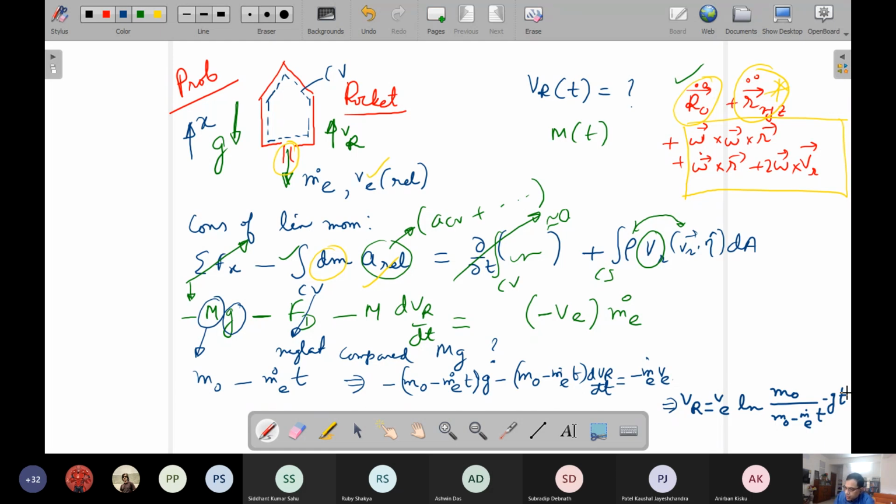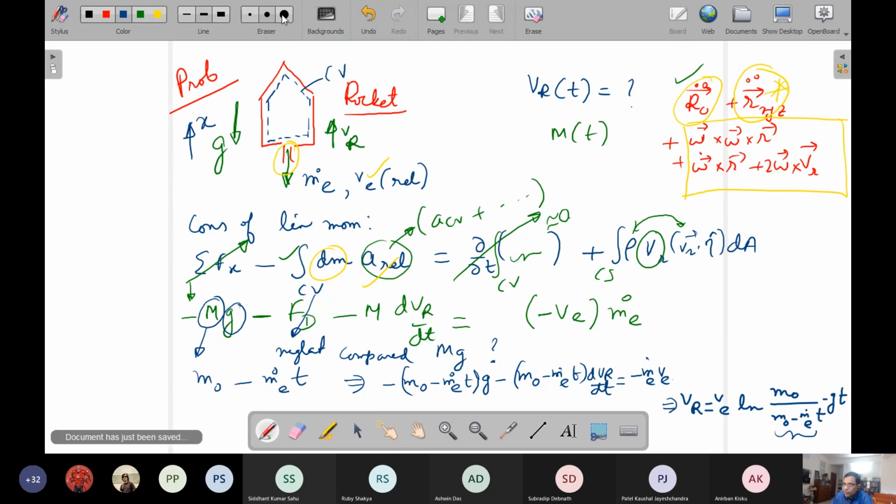So you can make a plot of this as a function of time and see that in the limit, as t increases, almost all the mass within the rocket has come out in the form of the products of combustion that have escaped. That is, this is very small. What is the limiting value of the velocity of the rocket? That you can calculate.